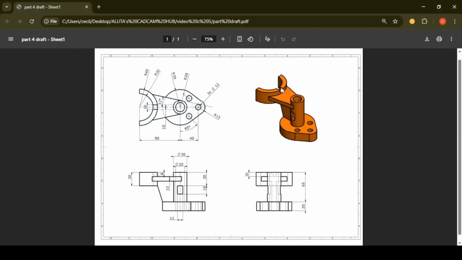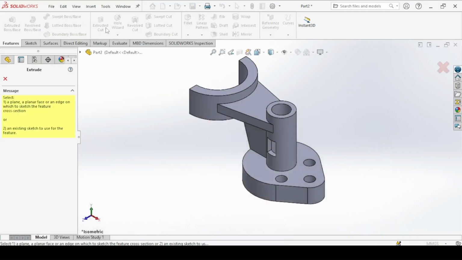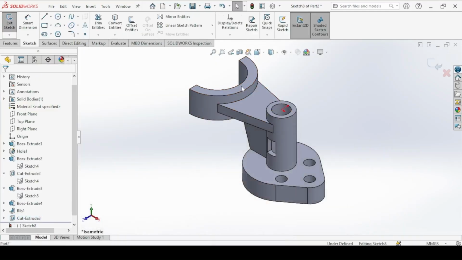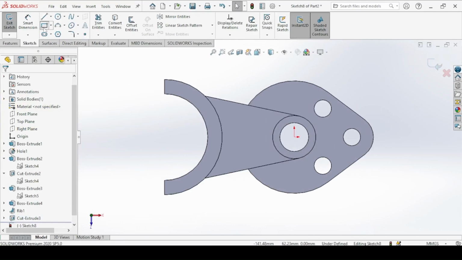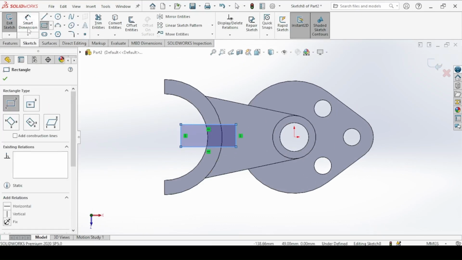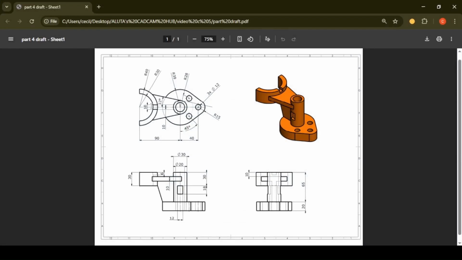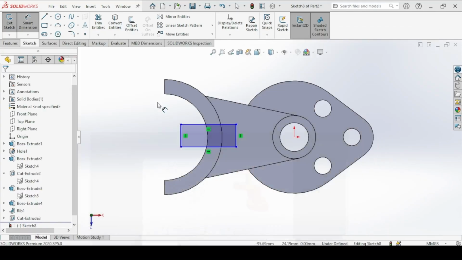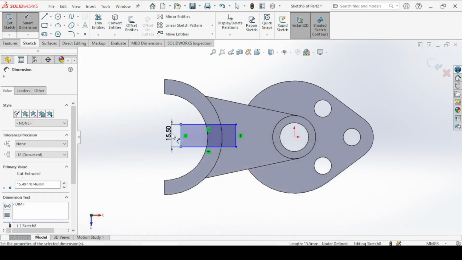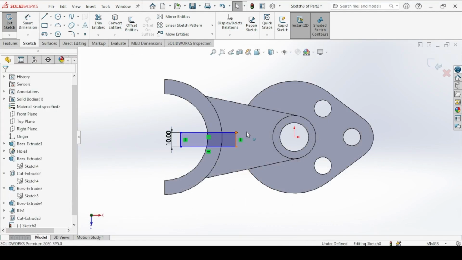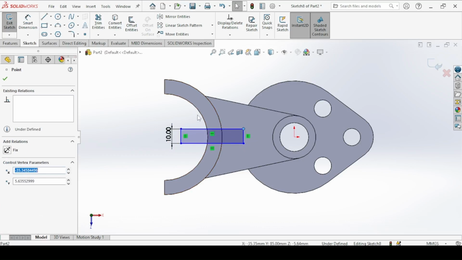Finally, we add this cut here. So again, extruded cut on this face. We need a rectangle. The height of the rectangle is 10. And then for the length, we don't really need to dimension it that much. So far as it covers the thickness of this arc cylinder here, it's okay.